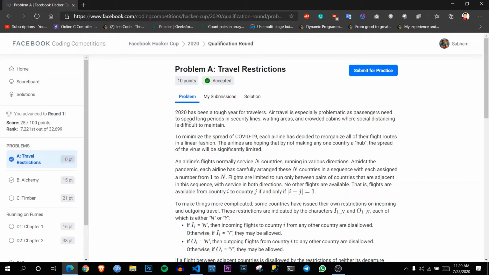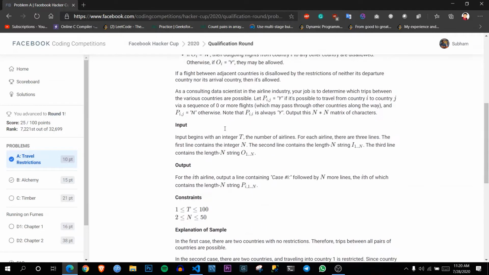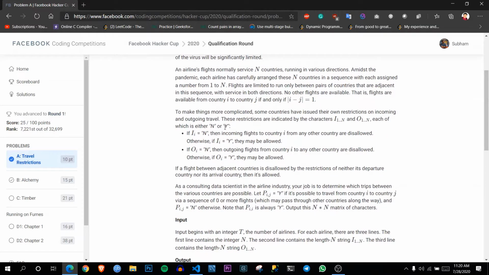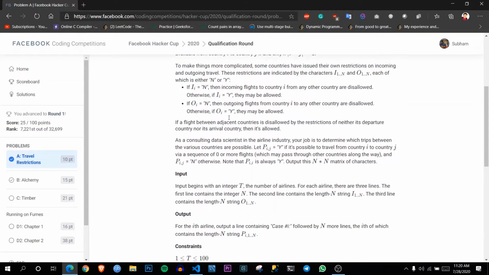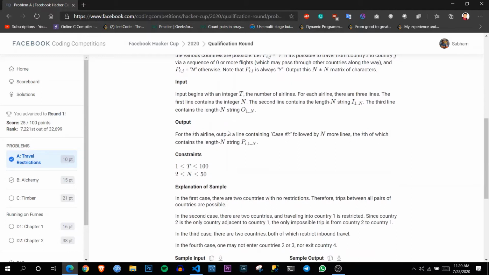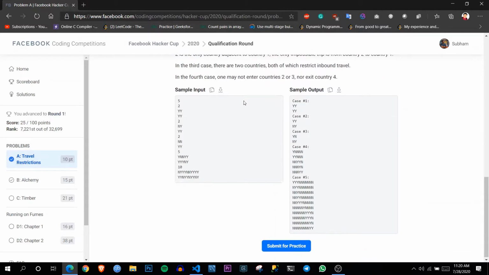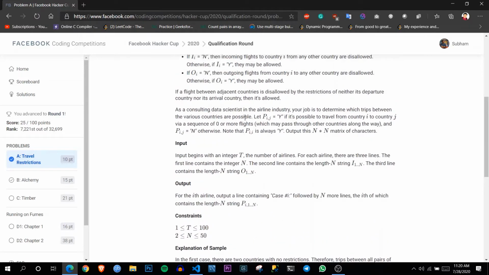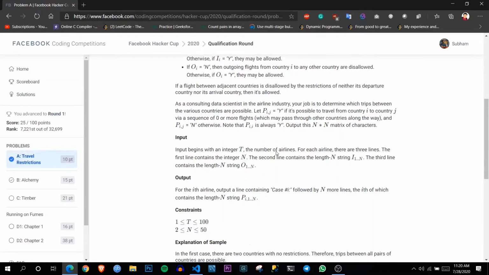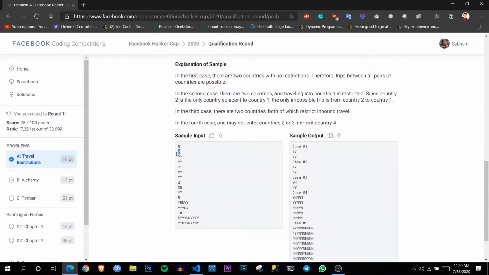So the problem statement over here is very elongated and it is very long to read through. So basically, I will be making it short and let you guys understand what this question is actually asking. So here, let's just go straight into the input format. It says the first line of input contains obviously the number of test cases t. Then the next line will contain an integer n. What this n is, the n is the number of cities in this problem.